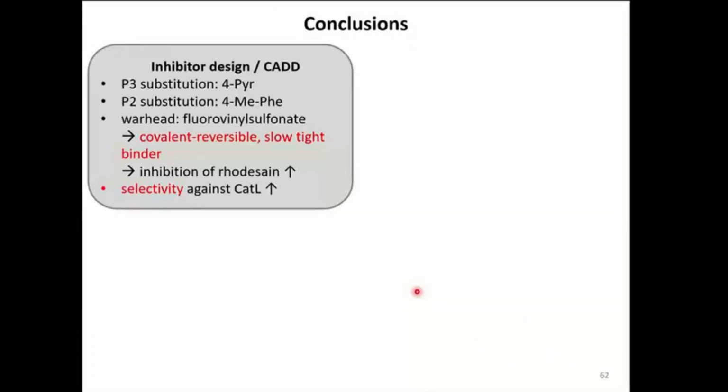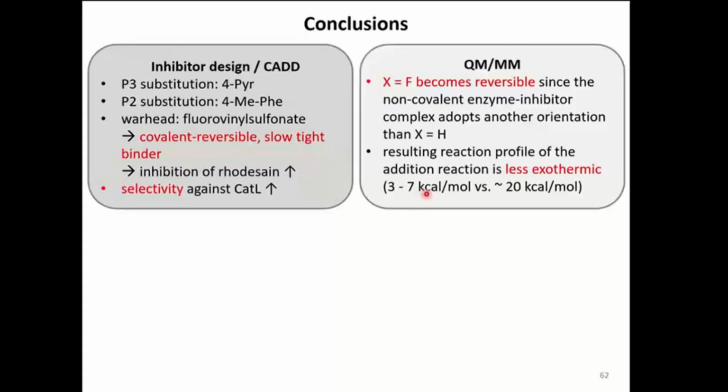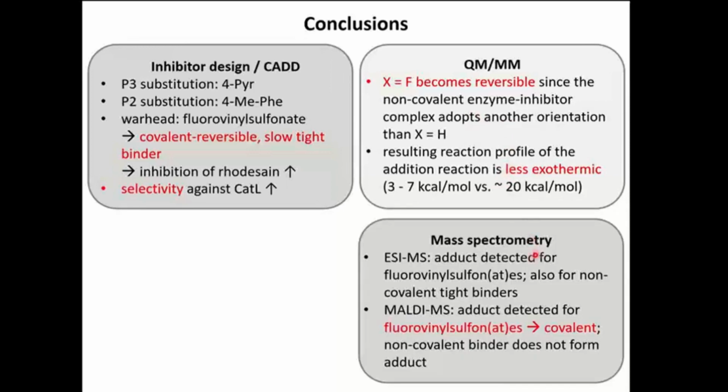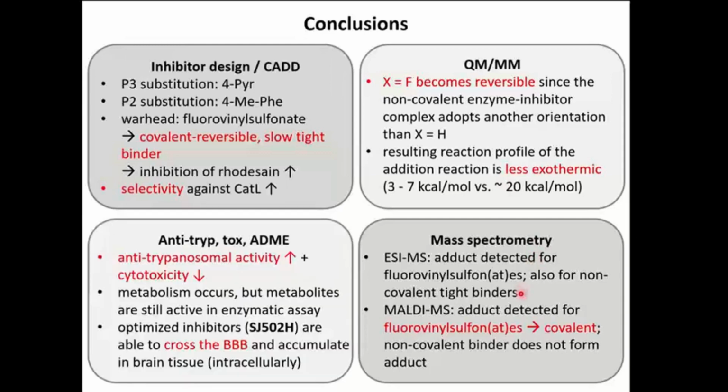So the CADD-based drug design and our enzymatic assays revealed that we were able to improve the warhead and also the recognition unit for our inhibitors to gain covalent reversible slow tight binders with improved potency and also improved selectivity over human cathepsins. QM/MM computations resulted in the conclusion that X equals F becomes reversible because it adopts another orientation, and resulting there is a less exothermic reaction profile. Our mass spectrometry experiments revealed that the fluorovinylsulfones and sulfonates bind covalently to rhodesain,